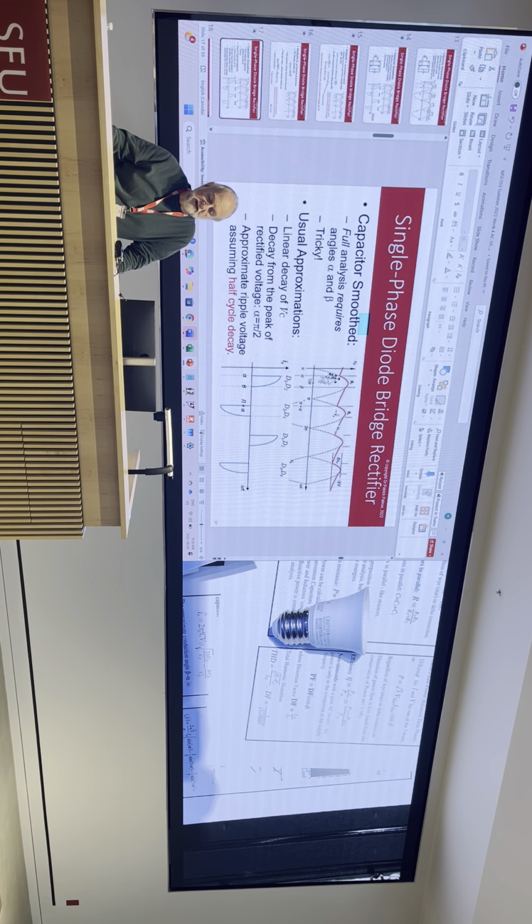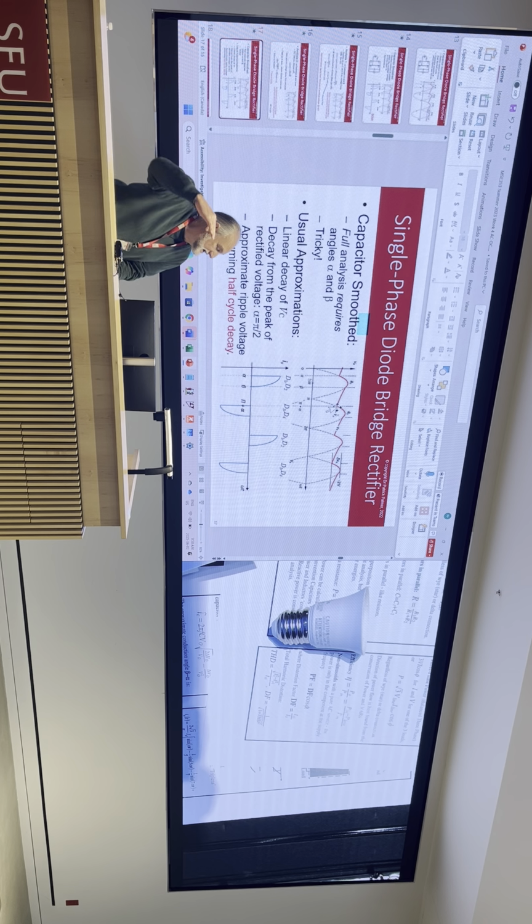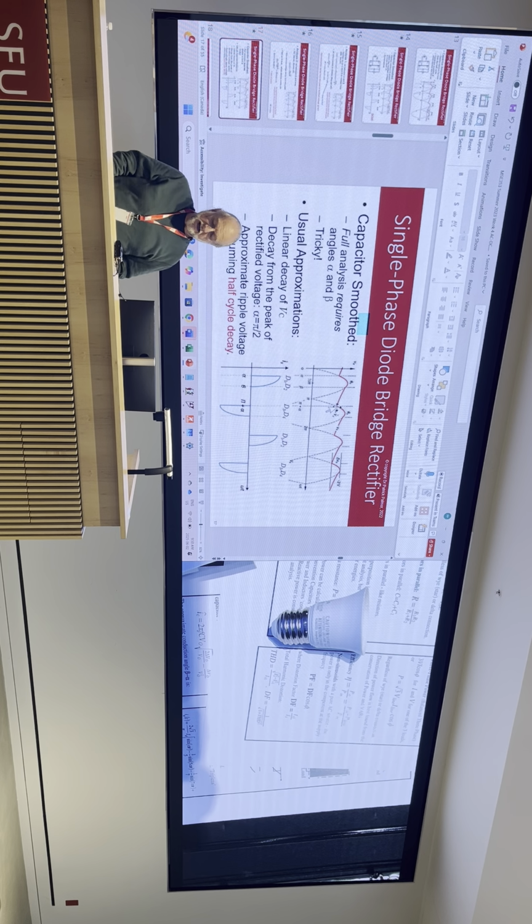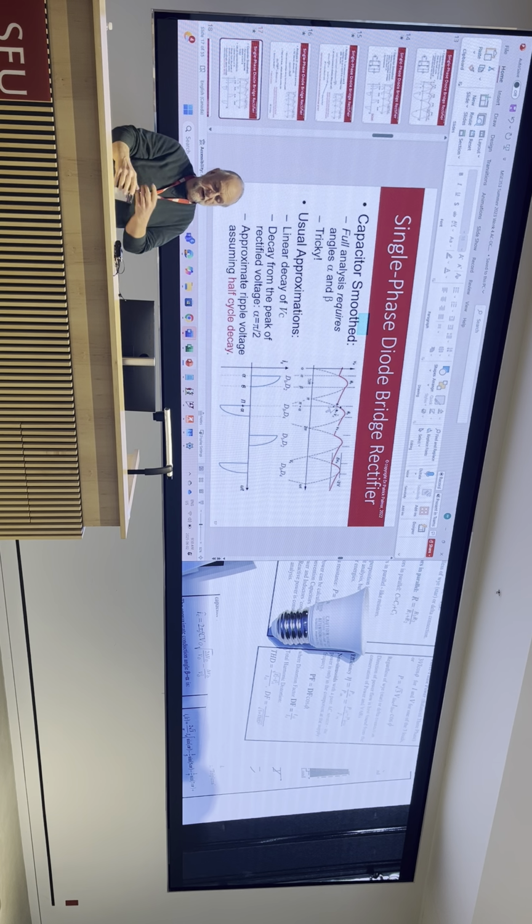So in other words, we'll say it'll decay from the peak of this sine wave all the way through to the half period down here. And now, if that's a fairly level line, that approximation is quite good. If that line starts to get sort of steep, it's going to come further down the sine wave, and it's going to get worse and worse as time goes on. But you know what? It's an approximation. It gets us moving. We can use the LTspice later, and it does get us moving in terms of